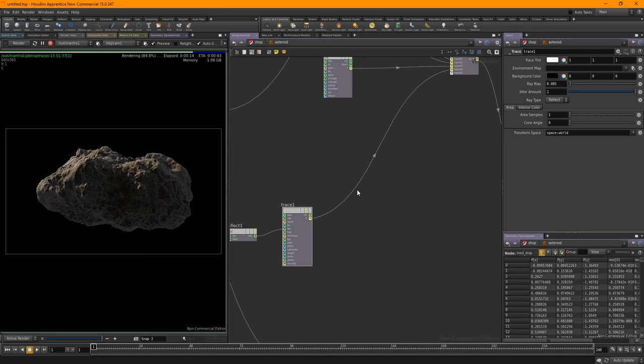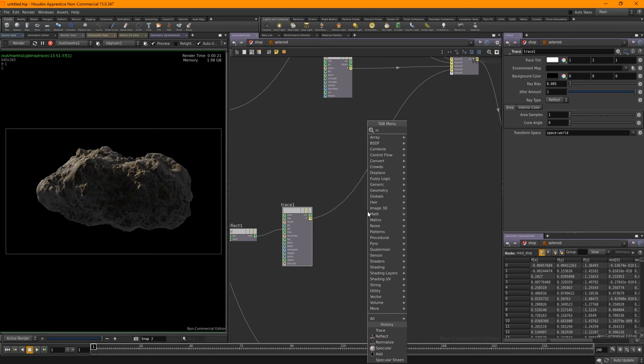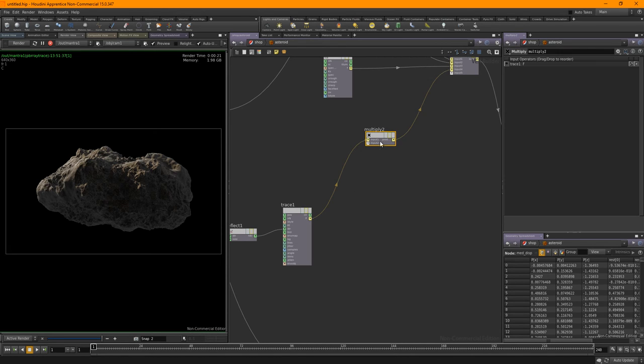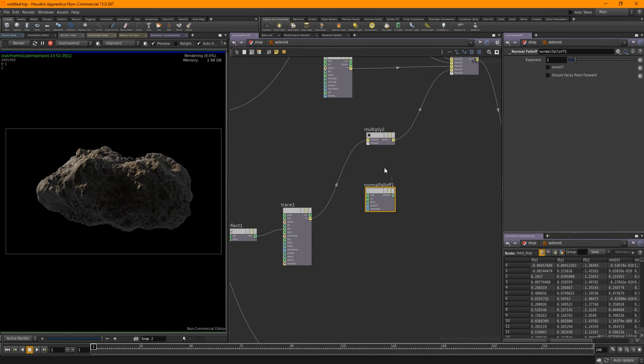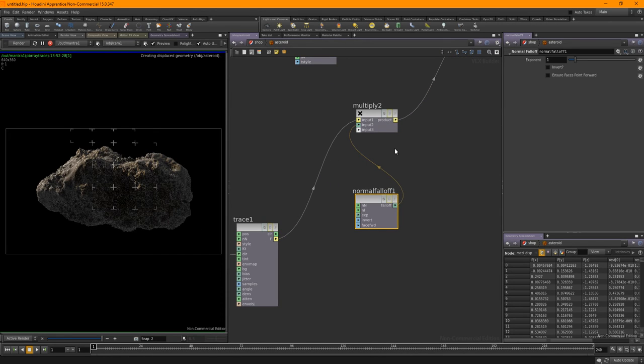With the reflections, as I can say, we're using the output of F here, which is your BSDF. Can you add a float to a BSDF? Not normally, anyway, that I know of. But as I've said, I'm no particular expert. But what you can do is definitely multiply, as long as you're multiplying the BSDF first, and then you can get a normal fall off and multiply that in, and it won't break anything.